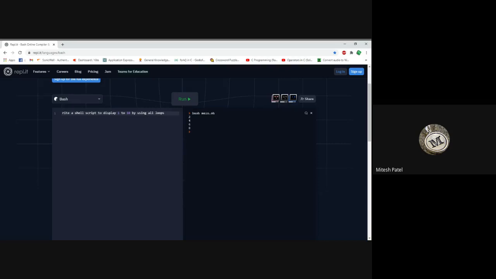Okay, this is your task. Right, read it: write a shell script to display 1 to 10 by using all loops. So all of you perform the while loop, for loop, and the other syntax of the for loop, and perform 1 to 10. Okay, this is your task.